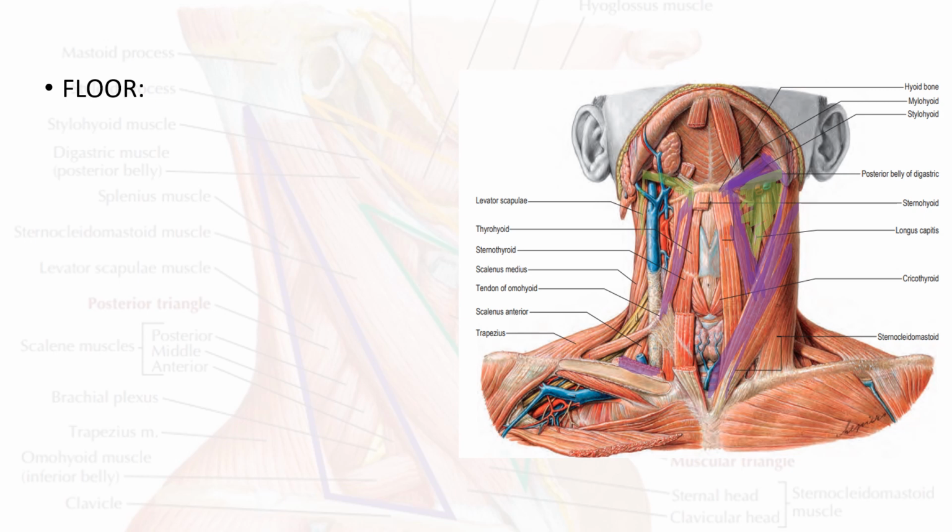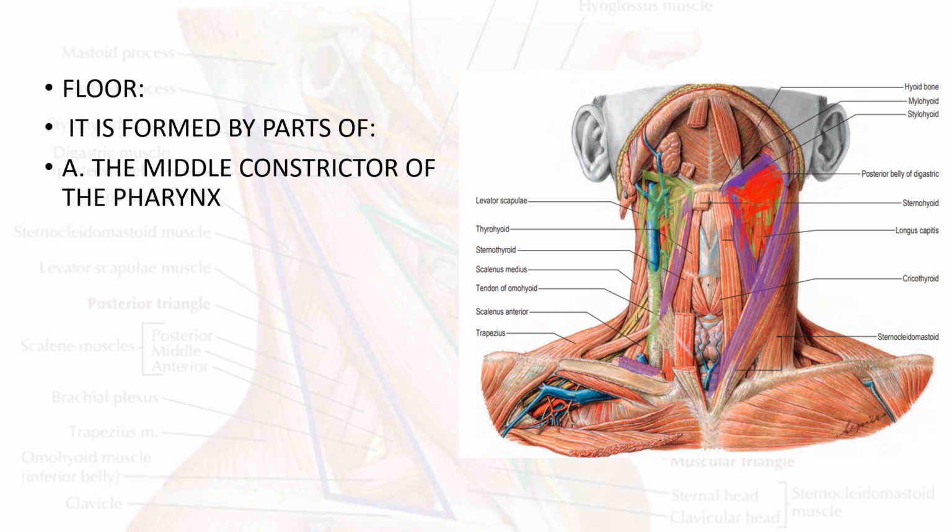This area is known as the carotid triangle. Yeah, I should use dark color. So yeah, this is the area. तो floor of this triangle is formed by the